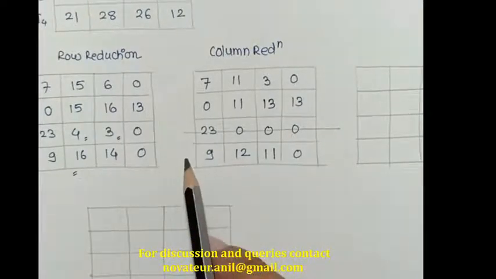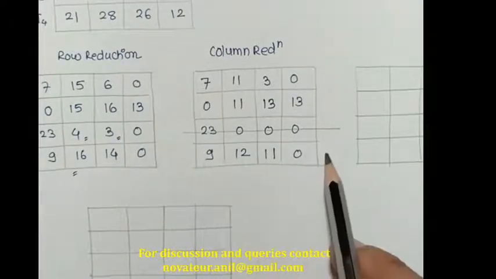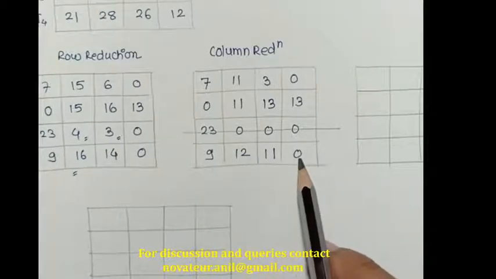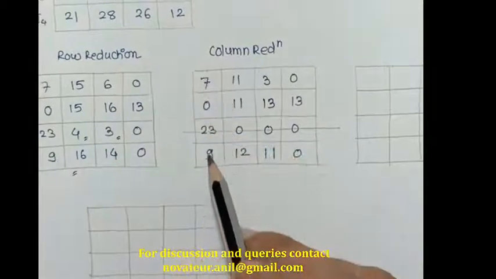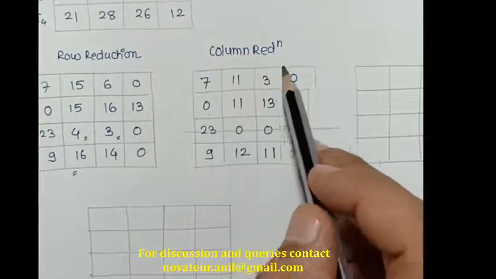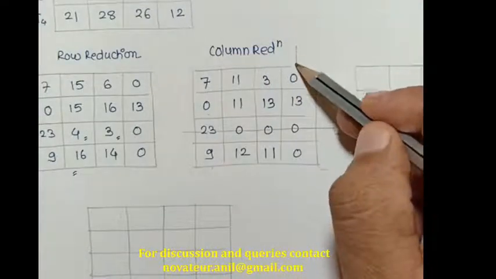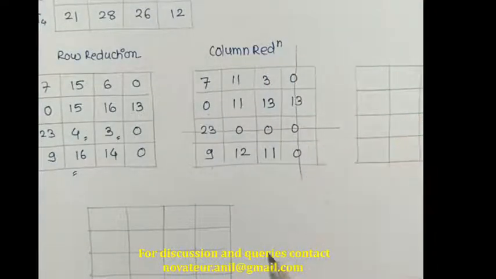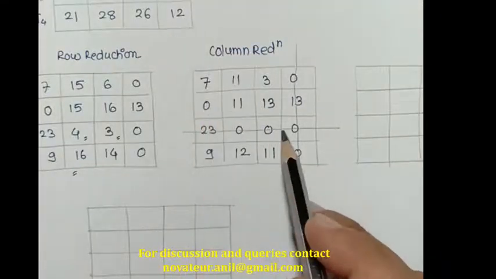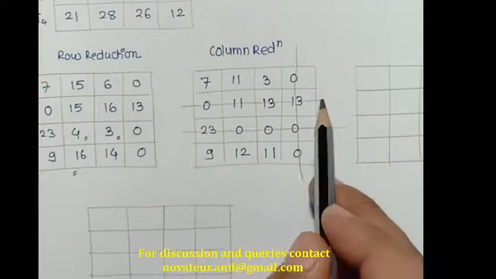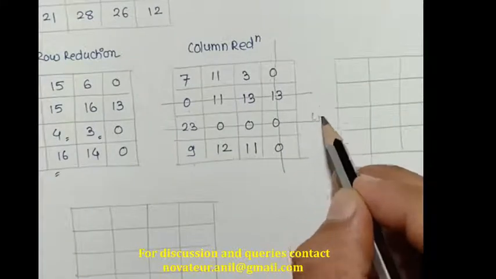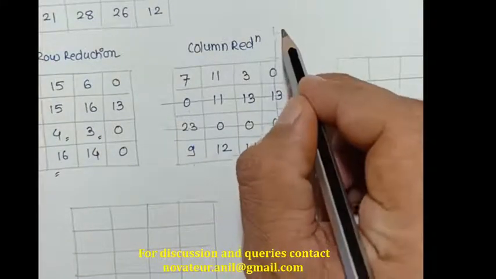If I again go and cover the zeros here, if I draw the line, only 1 zero is covered. Now I'll go with column 1, which has 1 zero, and then if I draw a line here, my two zeros are covered and my only remaining zero can be covered by this. So I got line number 1, line number 2 and line number 3.